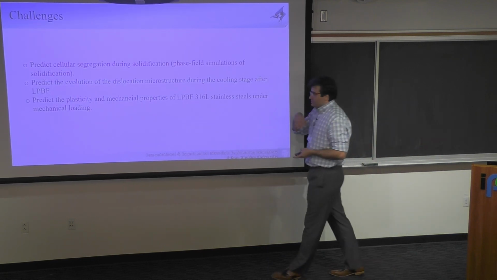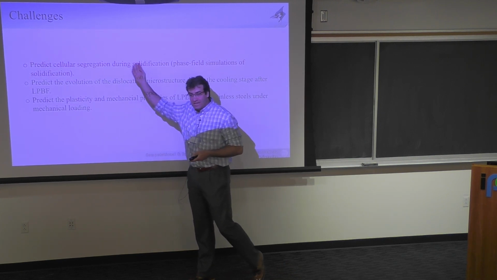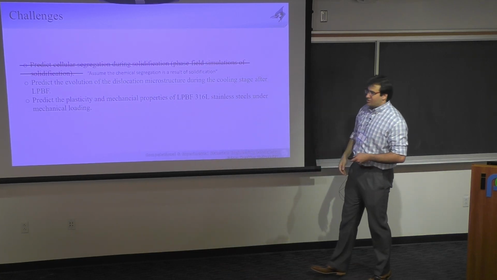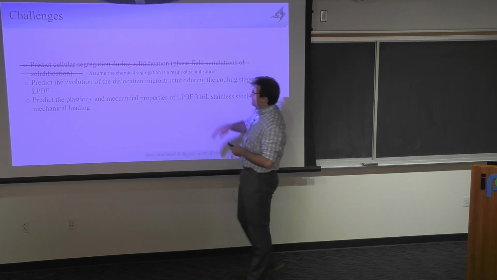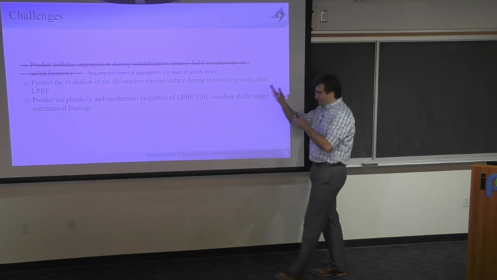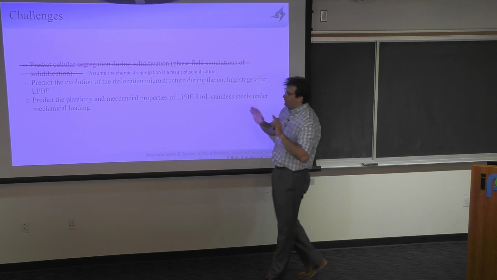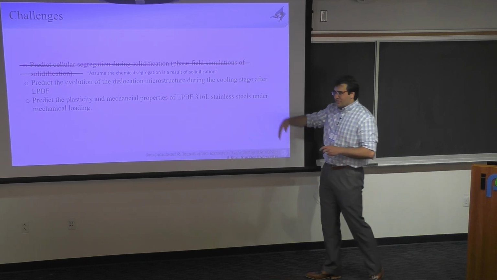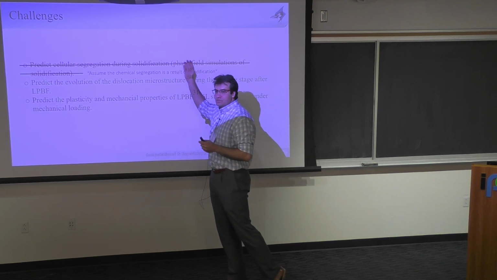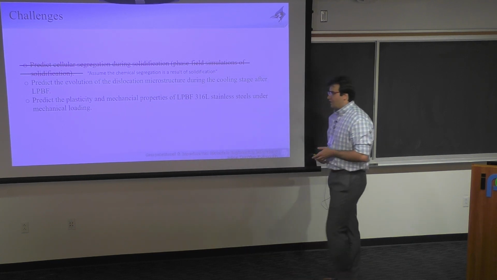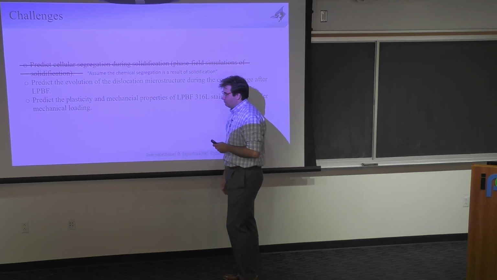So the challenges that we've been facing as a center: we were interested in trying to predict how the segregation happens. I don't do segregation, I don't do phase field, so I'm not going to look at that at all. For me, we just assumed that the chemical segregation is a result, but we had collaborators from Northwestern that were interested in trying to model that behavior. For us, we're going to start off with the fact that we know from these phase field simulations, from these types of calculations, that you get chemical segregation. It's very similar to what happens during welding. During welding, you can get segregation of heavy elements as the solid front propagates into the melt pool.